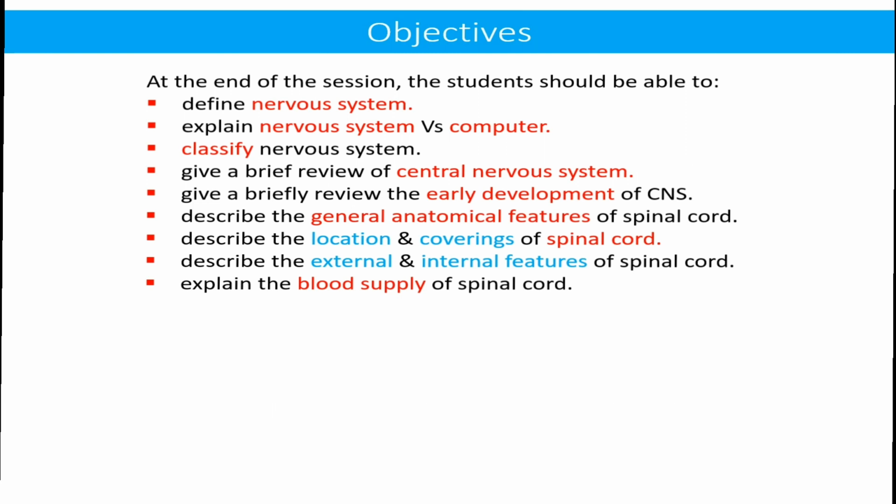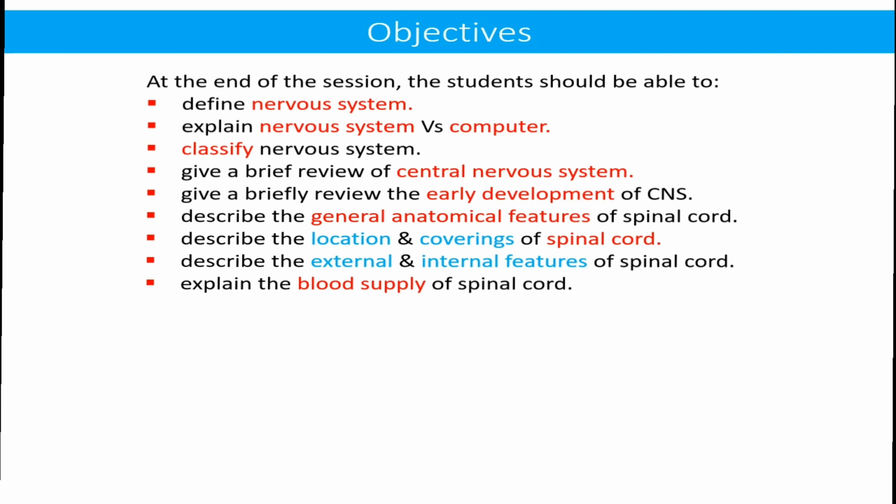Today we are going to start a series of lectures about the general anatomical description of the nervous system. So at the end of this first session, the participant should be able to define nervous system, explain nervous system versus computer, classify nervous system, give a brief review of central nervous system,